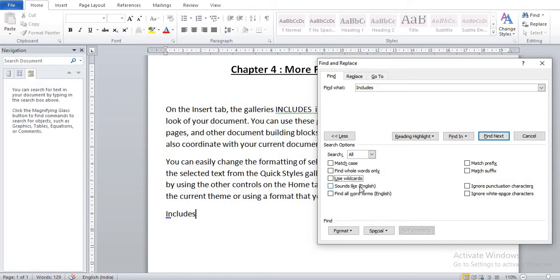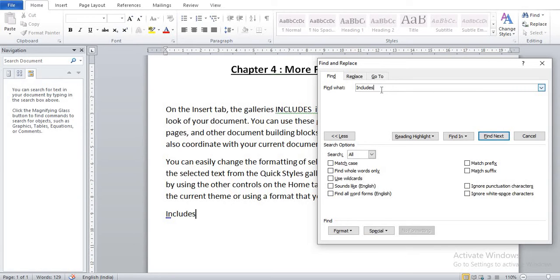Fourth is Sounds like, which finds two or more words having the same pronunciation but different spelling and meaning, like C and sea. Find all word forms finds all forms of the word or noun.